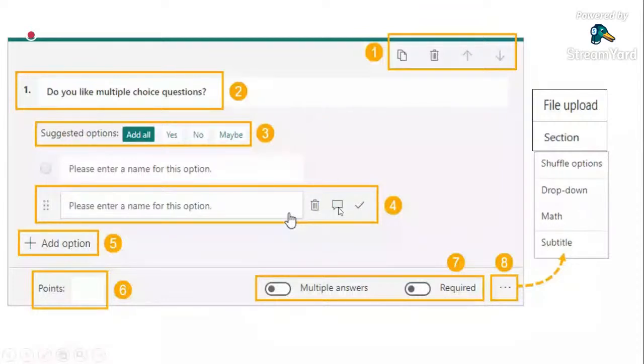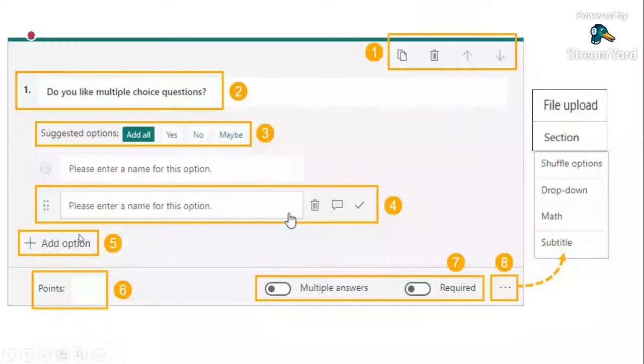If that option is the correct answer, you check the check mark here. In number five, you can add more options. For example, the suggested options are only three, so you can add more options.